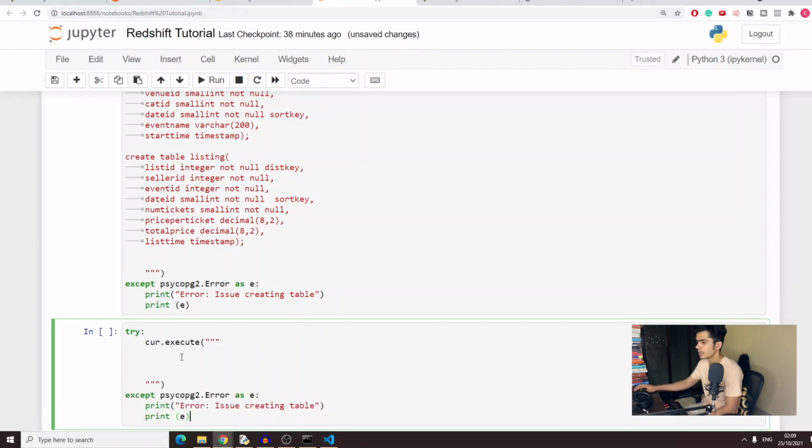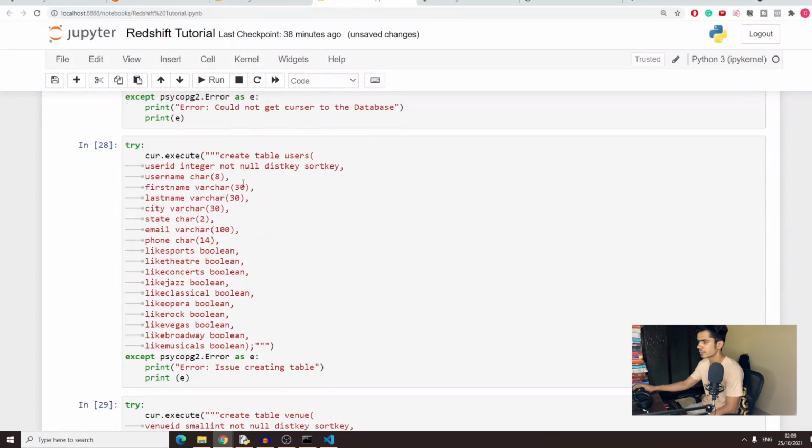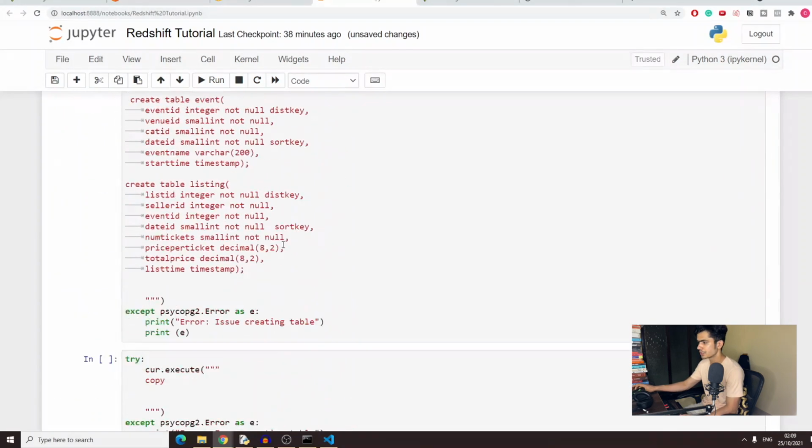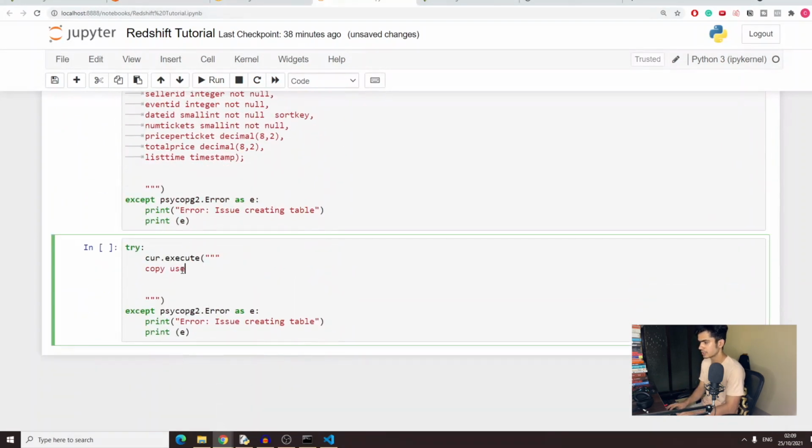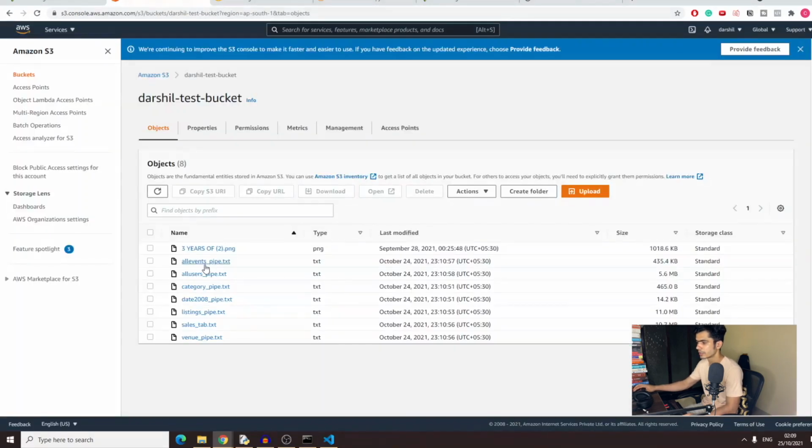Now, if you remember, in the last two videos we discussed on our PPT the copy command and its syntax. You write copy, then you provide the table name. What was our table name? Users. Then from, you need to provide the path of the file from where you need to upload the data.